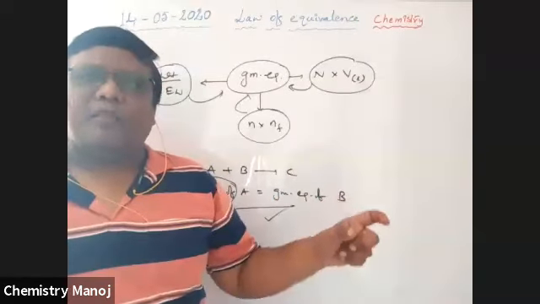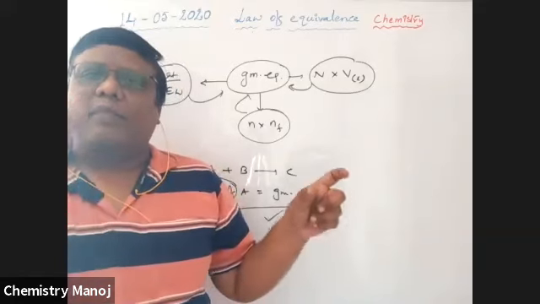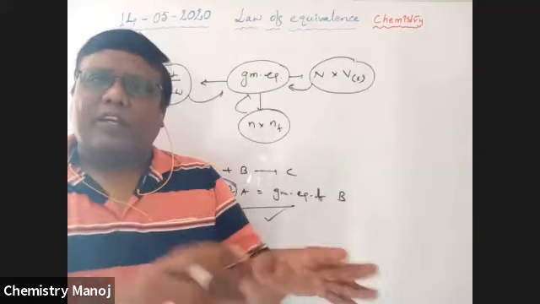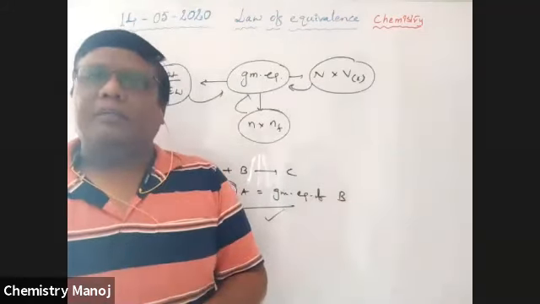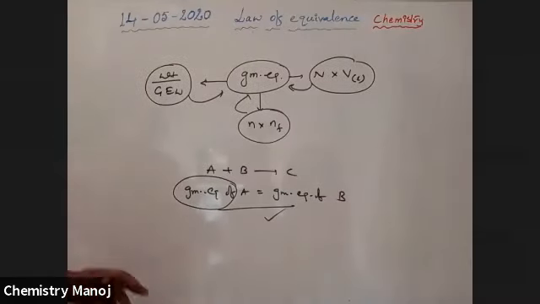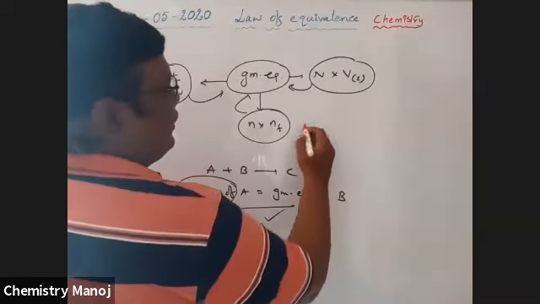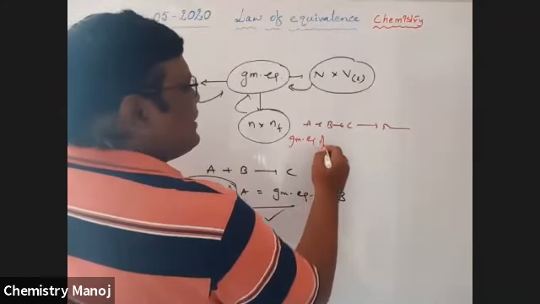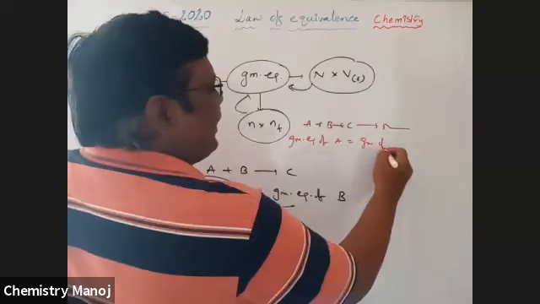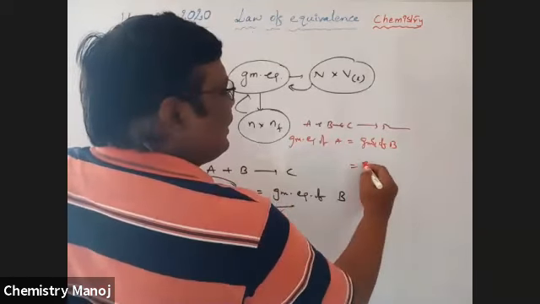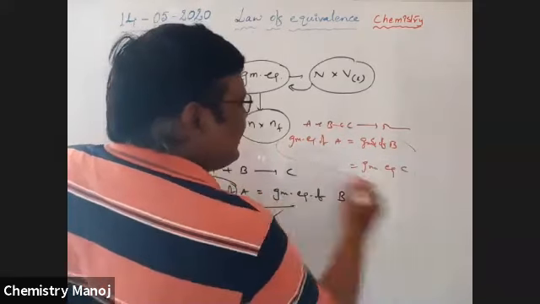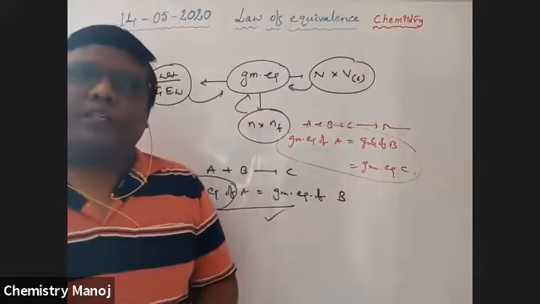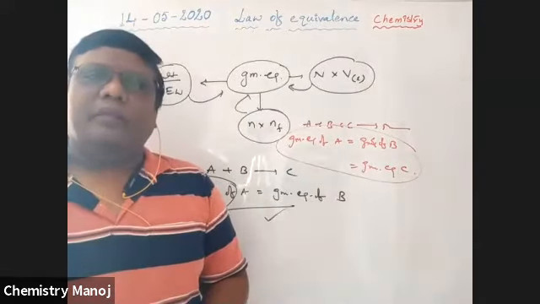One reactant's gram equivalent must be equal to another reactant's gram equivalent. Yes, it is applicable for any of the reactants in a particular reaction. Any two are comparable. So, for example, A plus B plus C gives product. Now, gram equivalence of A is equal to gram equivalence of B is equal to gram equivalence of C. So any of these three are comparable. Okay. So this is very, very important.